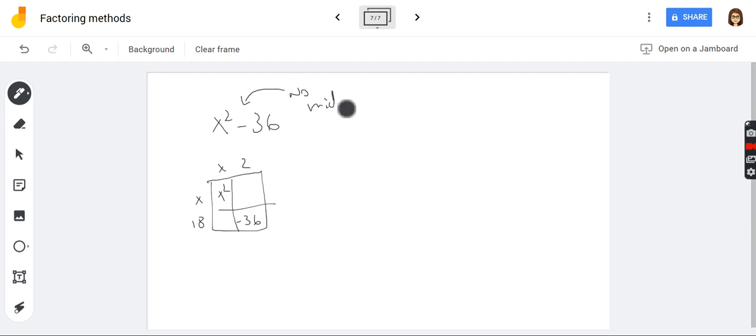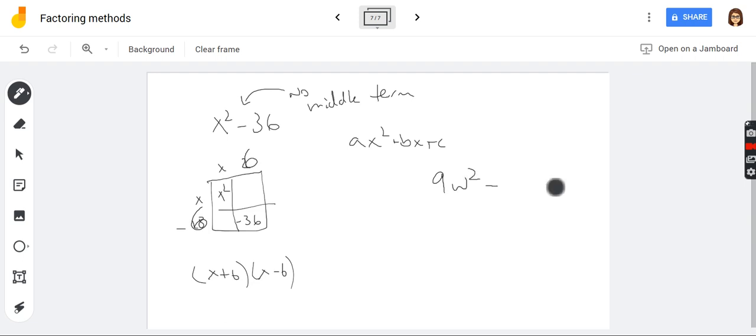No middle term. So it's like saying my expression is ax squared plus bx plus c. I want two numbers that multiply to AC, but they must add to 0 because there's no middle term. So I want these two adding to 0. The only way that's going to add to 0 is if these two numbers are the same, one's positive, one's negative. Then they'll add to 0. So then that's going to equal x plus 6 times x minus 6. Right, let's do